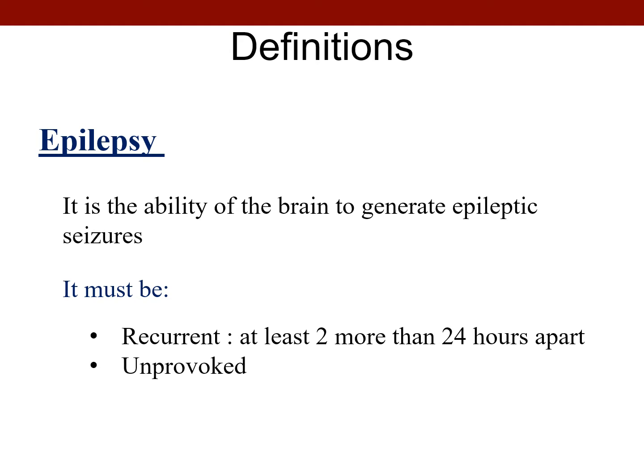And the seizure needs to be unprovoked. Unprovoked means there is no other reason for it. You look for blood sugar, blood pressure, blood metabolites, any trauma, nothing at all. So at the end of the day, this brain is able to generate seizures on its own. That's what's called epilepsy. I hope now you start having a flavor of the difference between seizures and epilepsy.